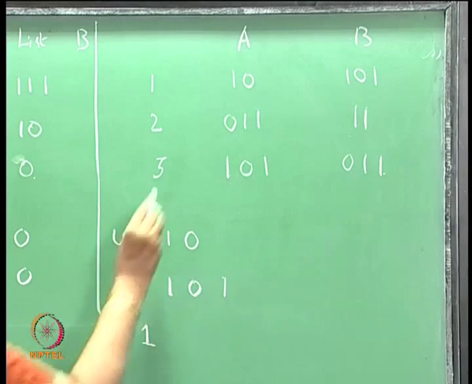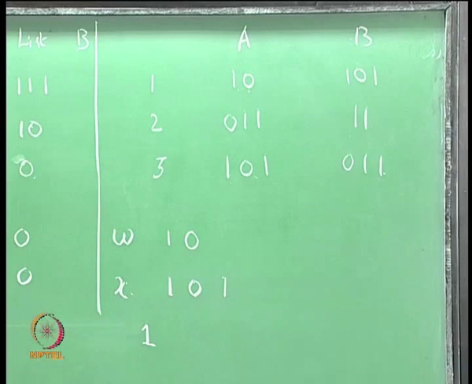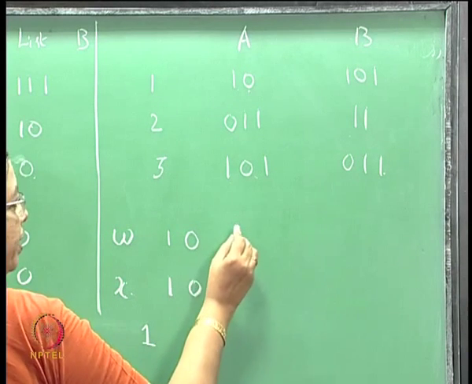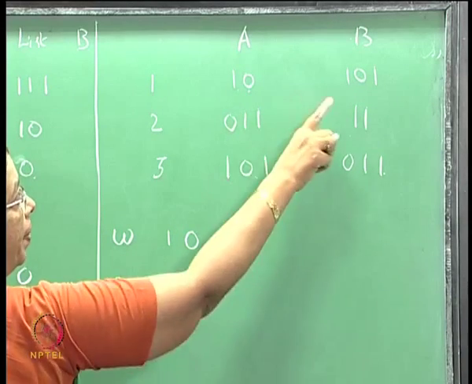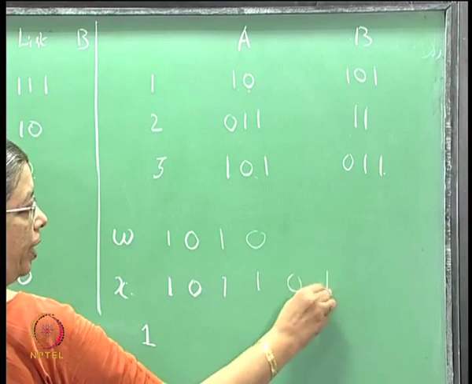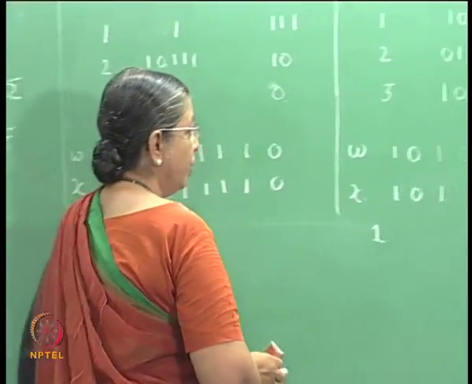So, I can have this or this, I cannot have this, right. So, suppose I take 1 0, then the X one is 1 0 1, there will be a mismatch here. So, I cannot continue the solution with